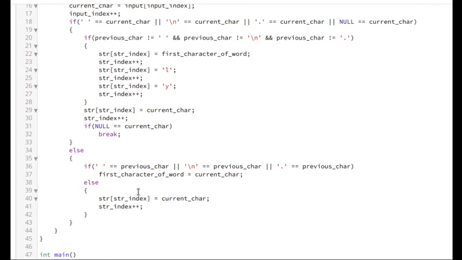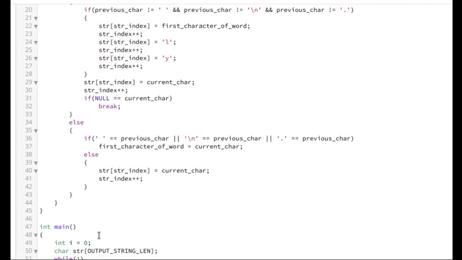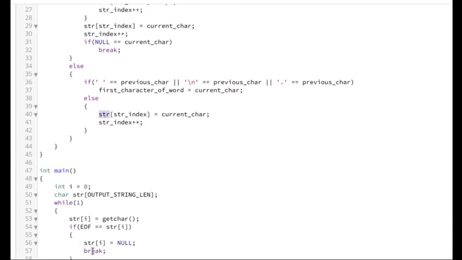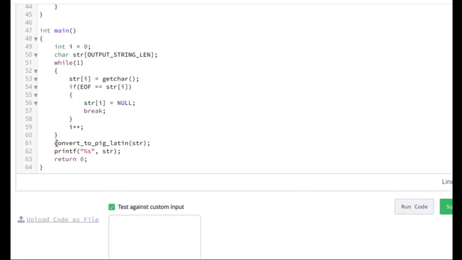Okay, but once this function ends, or once this while loop ends, we will have the output string stored in str, and once convert to pig Latin returns, whatever is stored in str, we are just printing it out on the screen.